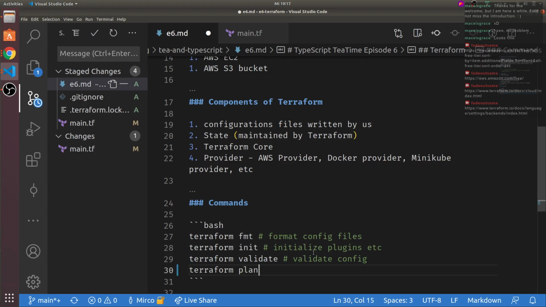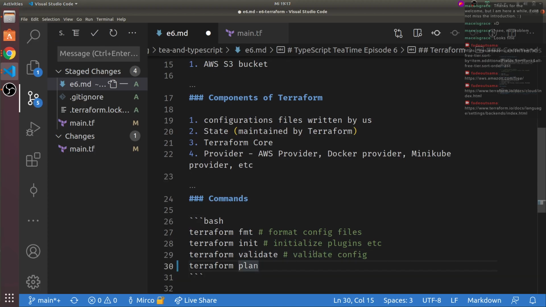Terraform plan, refresh state, update state with what's actually running in the real world.